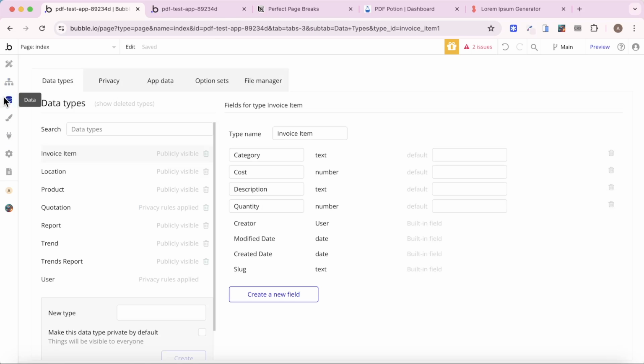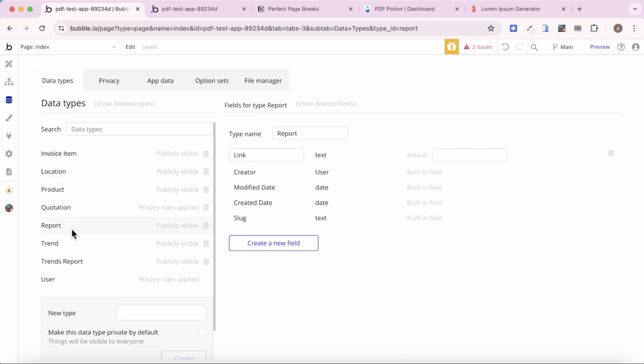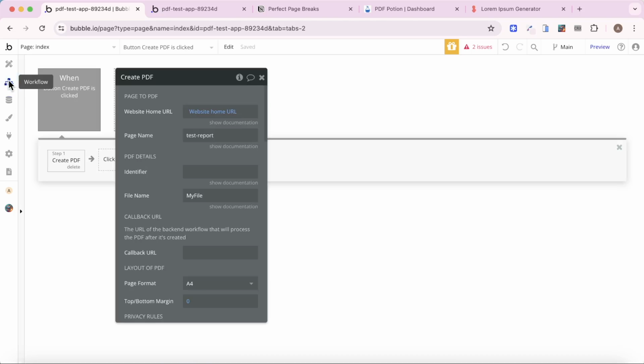So inside my database, I've created this data type called report. It's really simple. It just has one custom field called link. You might have a more complicated setup, but that's really all you need if you want to get your PDFs created. So what I'm going to do in my workflow is, before I create the PDF, I'm going to insert